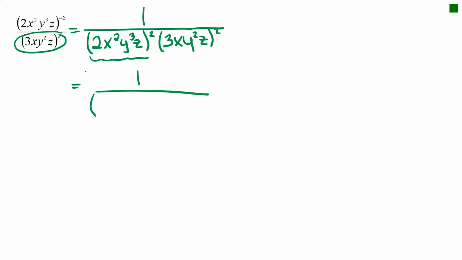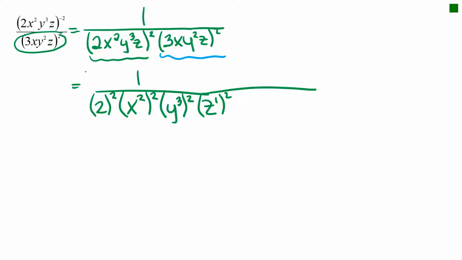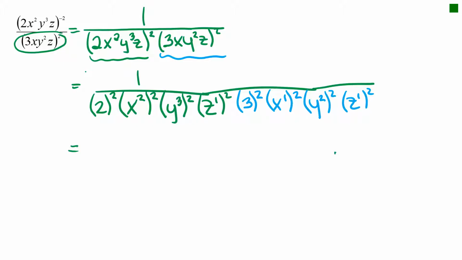This one says I'm taking 2 to a power of 2, x² to a power of 2, y³ to a power of 2, z to the 1st to a power of 2. This one has 3 to a power of 2, x to the 1st to a power of 2, y squared to a power of 2, and z to the first to a power of 2. Holy moly, that's a long fraction, isn't it? Do you have to do that? No. Is it safer to do that? Yes. So I've got 1 up on top,